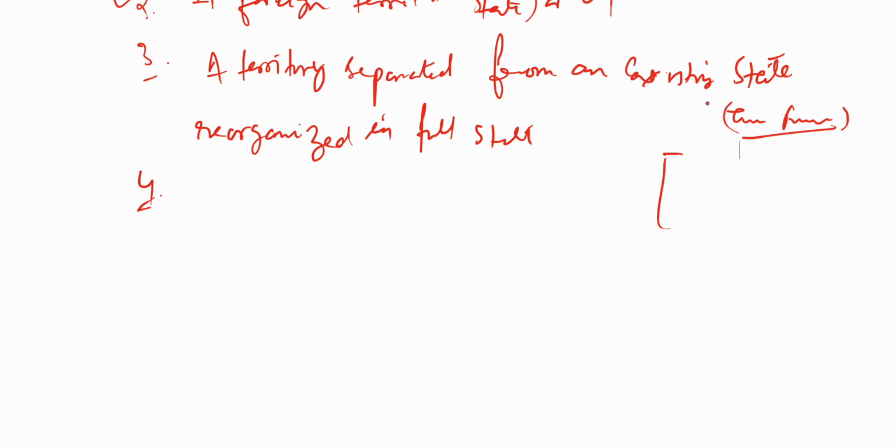So I'll tell you more about it. Article 2 confers full discretion. It gives complete discretion to whom? To Parliament. About what? That what terms should be imposed on the new state so admitted in the union. So Parliament will decide terms and conditions.